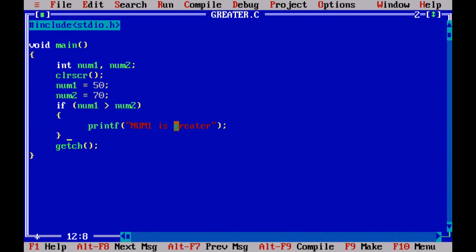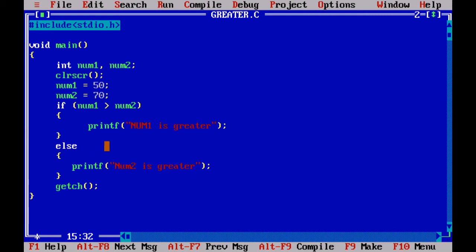Now let's see another part of this decision making, that is after if. You can give another thing called else. Inside else you can write printf num2 is greater.